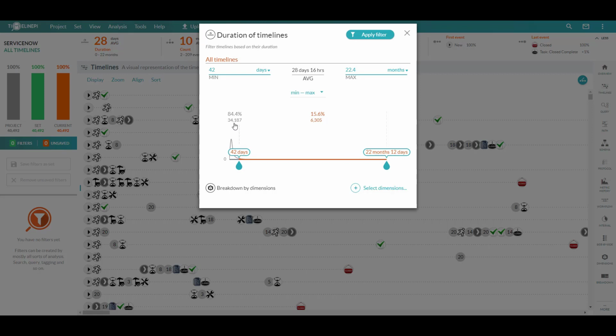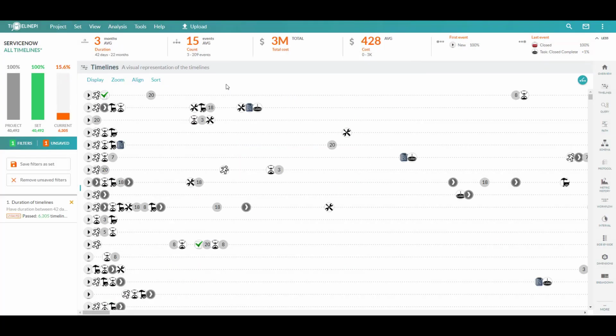Now we can see that almost 85% of our incidents have been closed in under 6 weeks, but we still have a good amount outside of that range. So if I'm interested in taking a look at these long-running incidents, all that I need to do is apply this as a filter, and I'll begin by looking at these 6,305 incidents that have spanned longer than that 42-day